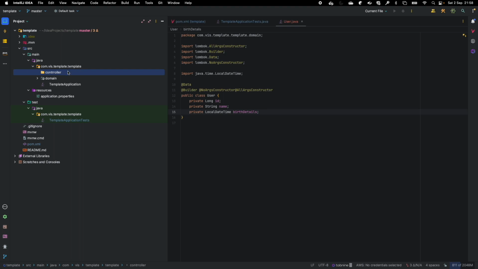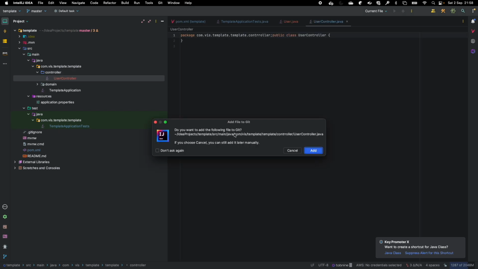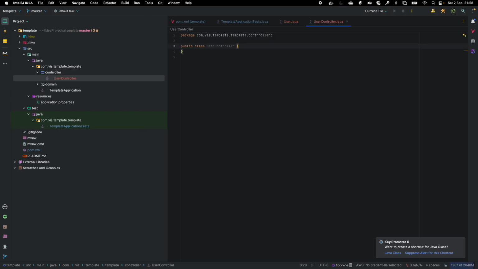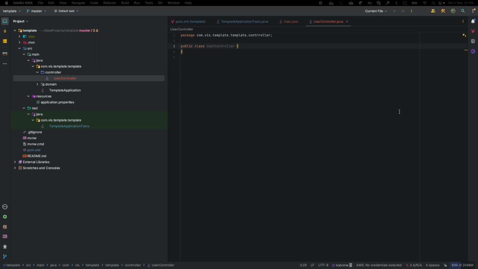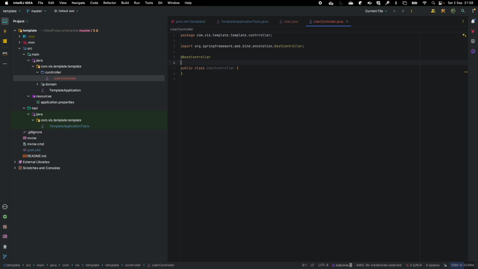Likewise, I'll be creating one more package where I'll set the package name to controller, and I'll be creating a class called UserController. In terms of this controller, because it is a REST controller, I'm just going to say RestController and import it, and because we are interested in going for the logs,